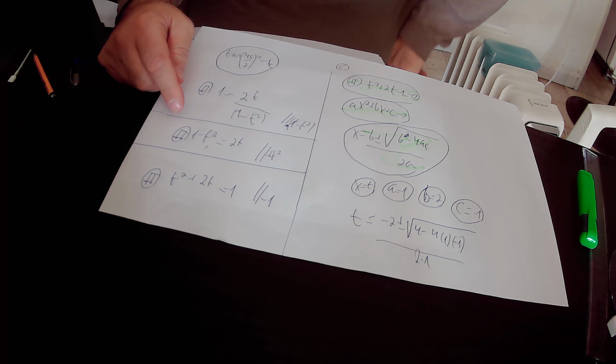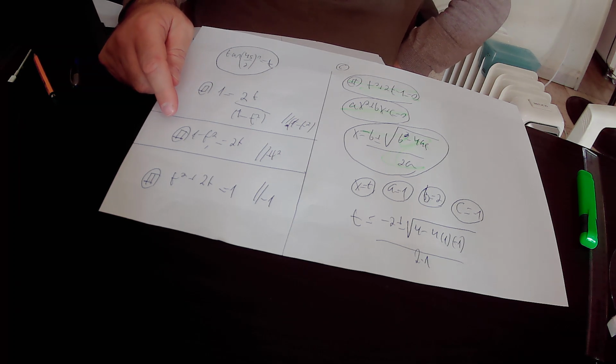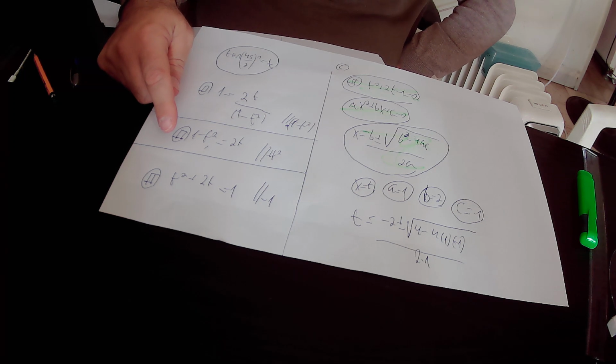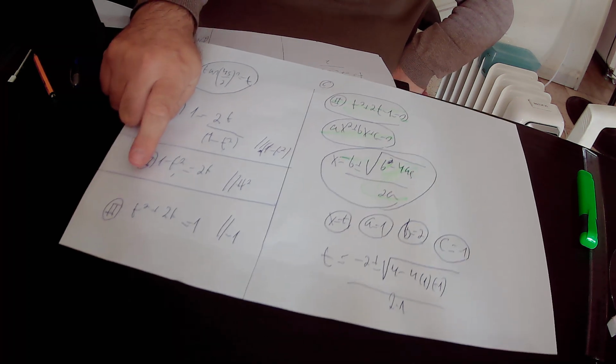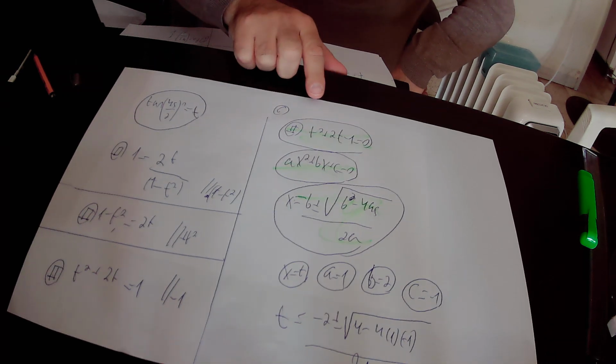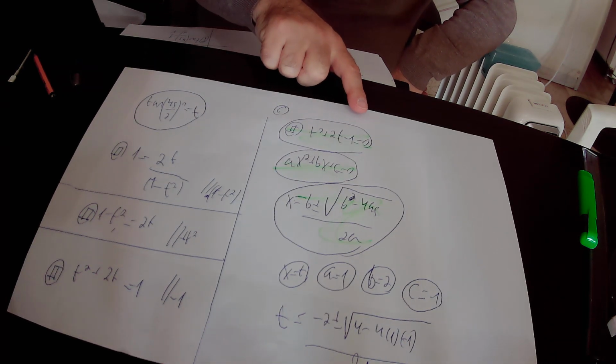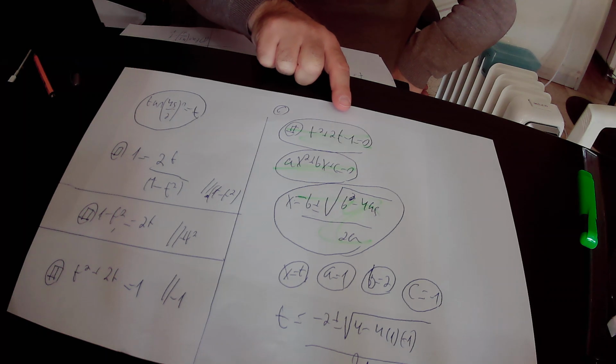Then we added t square to this equation, and we found that t square plus 2t equals 1. Then we subtracted 1 from this equation, and finally found that t square plus 2t minus 1 equals 0. So this is a quadratic equation,